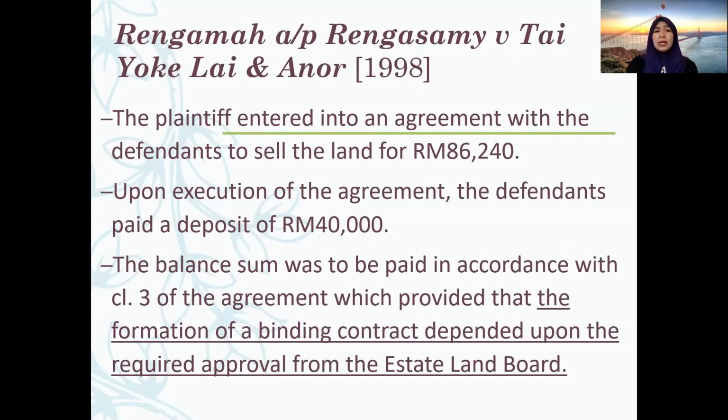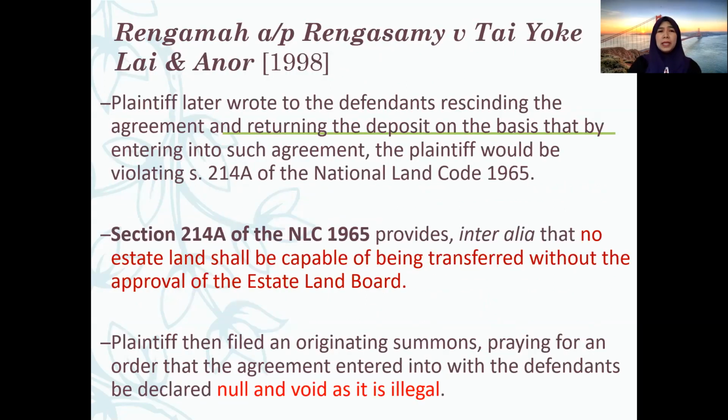Clause 3 provided that the formation of a binding contract depended upon the required approval from the estate land board. What's the meaning here? It means the contract was made conditional. If the approval from the estate land board is obtained, only then is the contract considered binding between them. Later, the plaintiff, the vendor, maybe she had a change of mind, so she wanted to back off from the agreement. The plaintiff later wrote to the defendants, rescinding the agreement, setting aside the agreement, and she wanted to